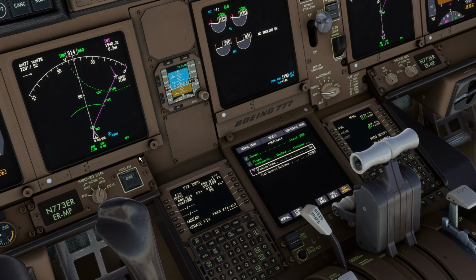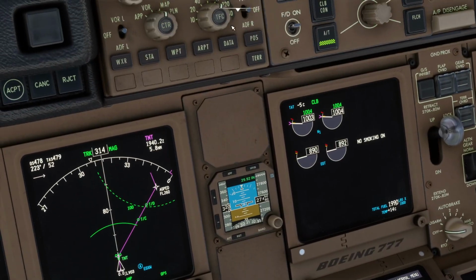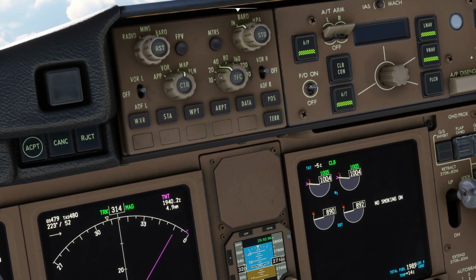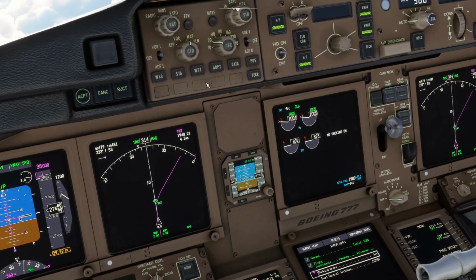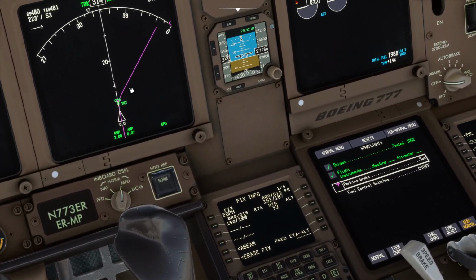Okay, so what if we wanted to fly an offset from the route we're on? So let's go and zoom in. We can see we're back to a 40-mile range here. Let's go back down to a 20-mile range even. So we're just approaching TNT. Yeah, let's put it back to 40 so you can see this easily. What if we want to fly along